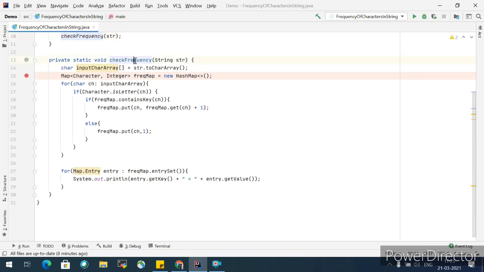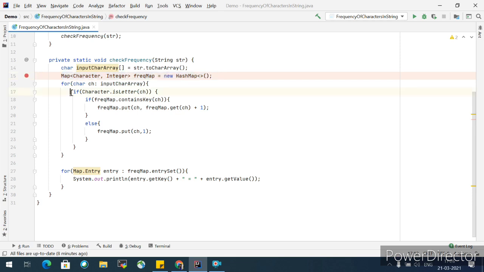In this method I am first converting the string into a character array, and then creating a map. My entire logic is based on a map of Character and Integer. The characters in the string will be the keys in the map, and the value will be their count, which will be an integer.